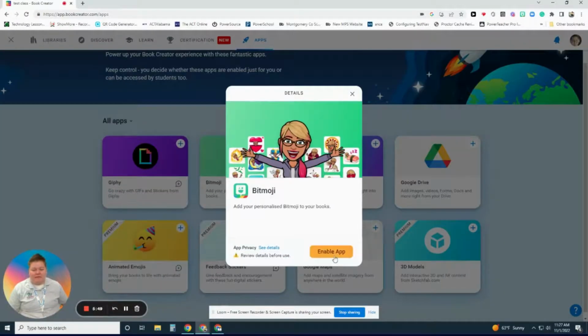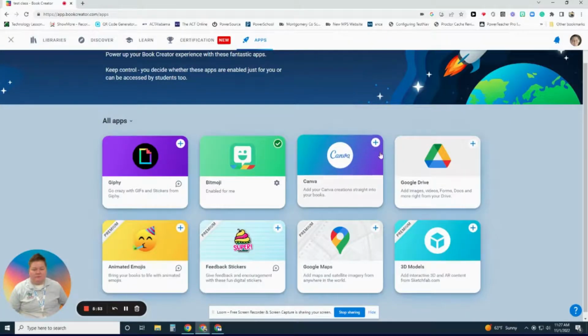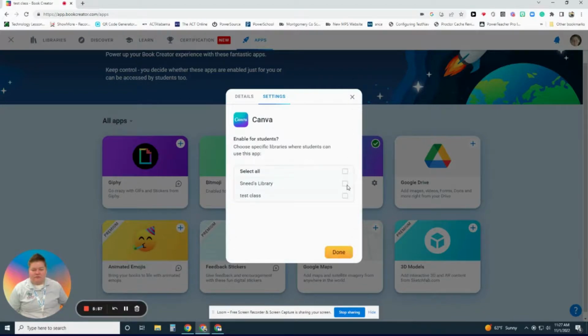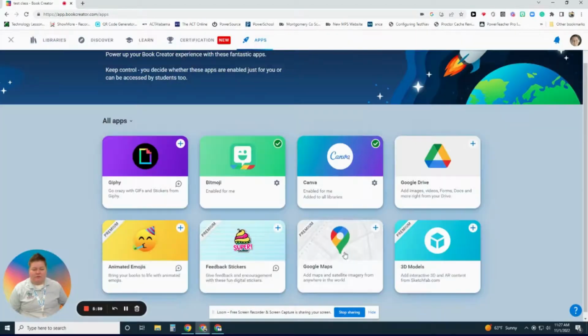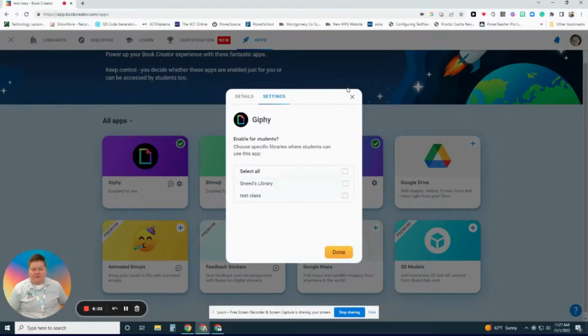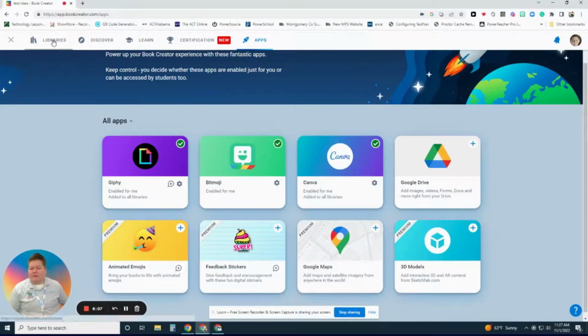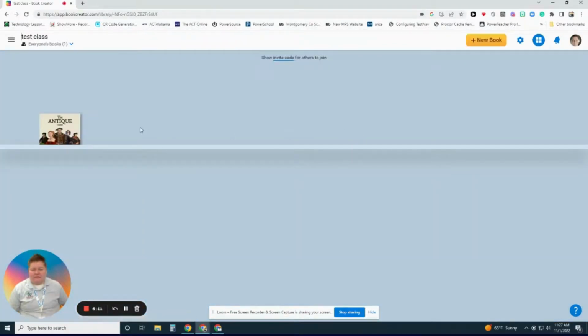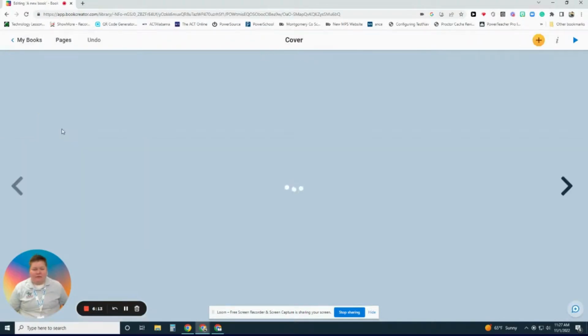So I can add Bitmoji in here, and it'll allow just the teacher to use Bitmoji and Canva, and I will enable those. And I want to enable it in all my libraries, and I also want Giphy, so I can do that, and I want it in all my libraries. So now when I go back to my library and I'm in my test class and I have my book and I want to edit my book,